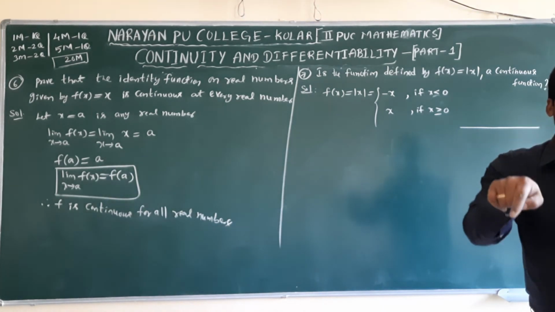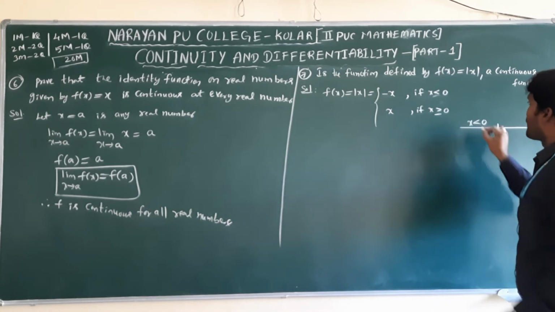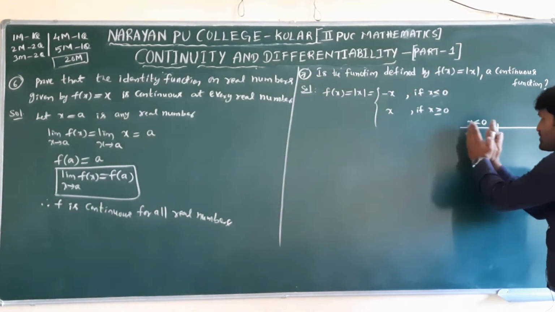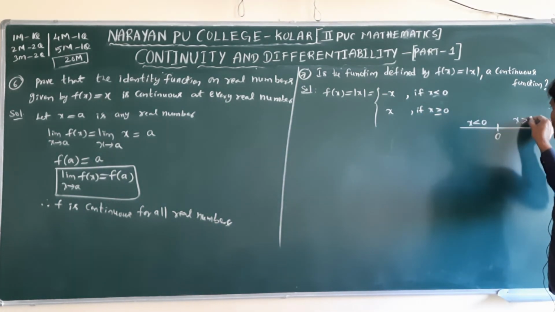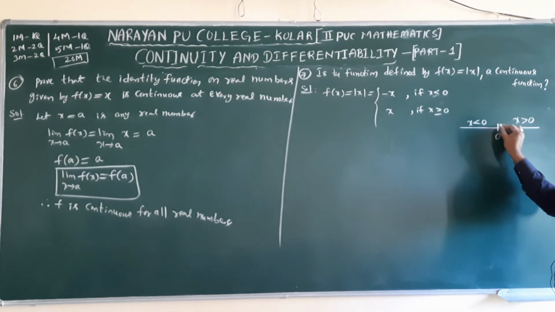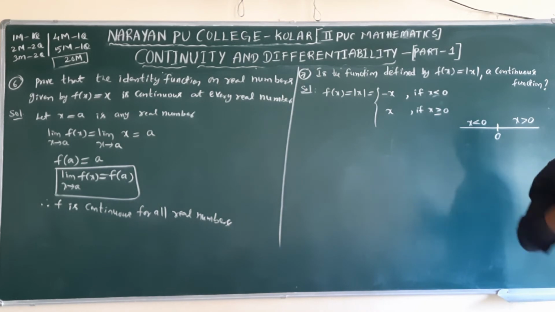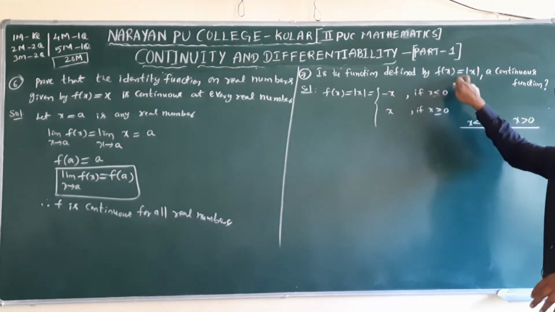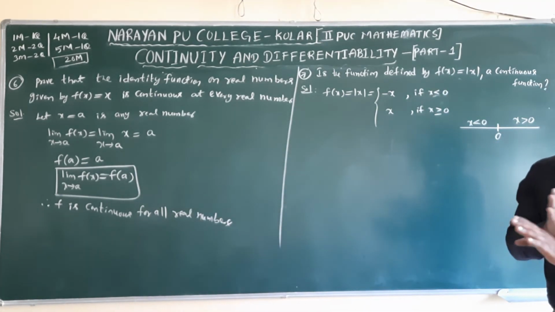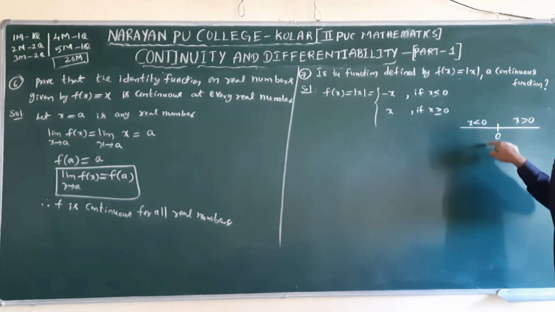If they do not mention the point here, that means we need to check whether it is continuous at less than 0. On the left side of 0, continuity you have to check. On the right side of 0, right continuity we need to check. At the point also we need to check. At the point we already learned the formula: LHL, RHL, f of 0. That is the only formula for checking continuity at a point. But here the point is not mentioned, so we need to check every side: at the left side of the point, at the right side of the point, and at the point.